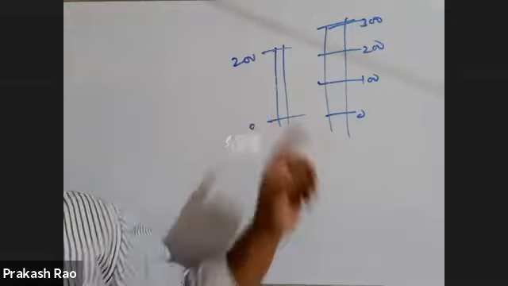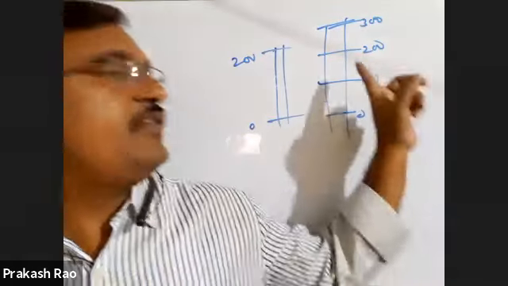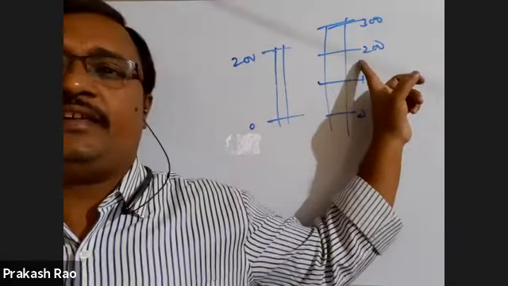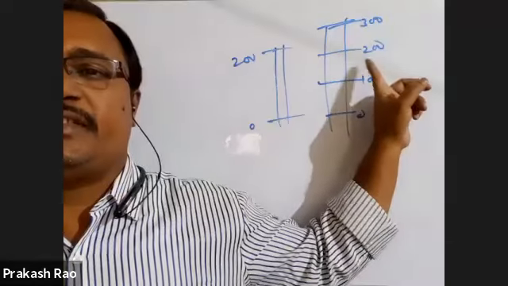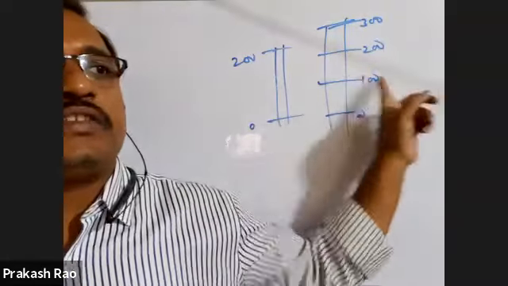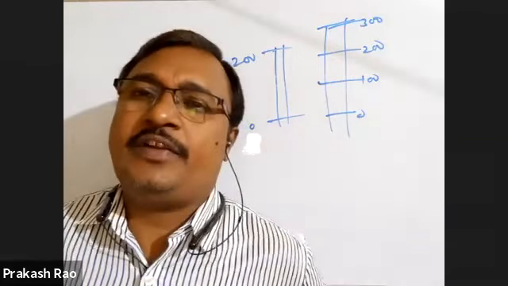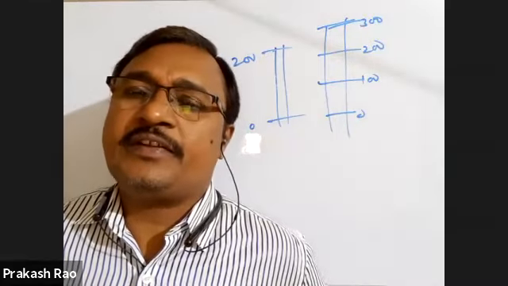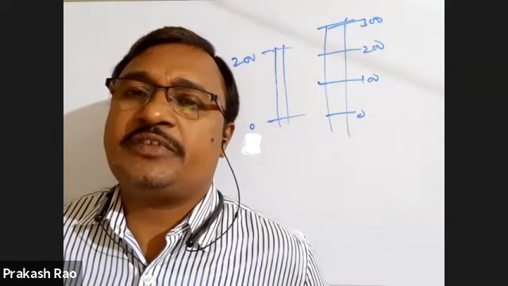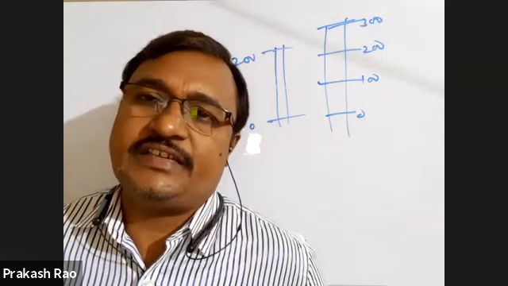Here if it is 60, it means 60 into 1.5. Here it will show 90, the 90th division in this scale. These two scales are not the same. They are different. Triple point of water. What is meant by triple point? Triple point means it is the particular temperature at which the given substance can coexist in all the three states.